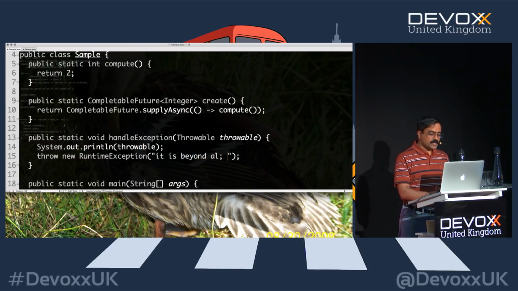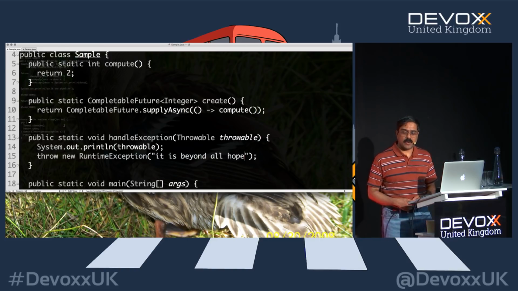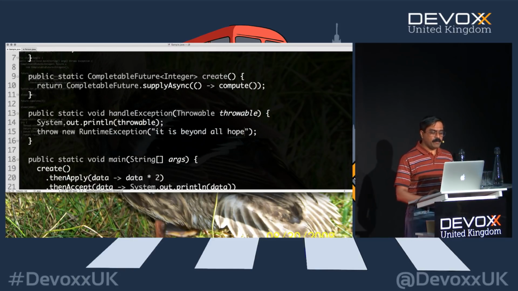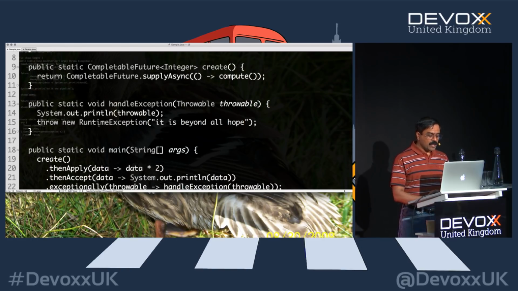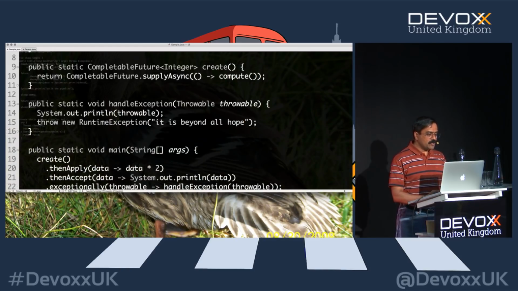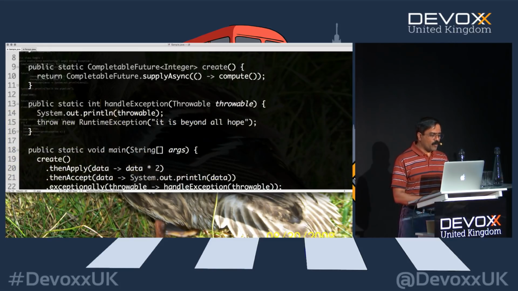Beyond all hope. So essentially, we're going to just blow up at this point with the exception and say, I'm going to throw this out as an exception. We'll see why that's being done here in a little bit. That's what this is going to do, just blow up at this point, and we'll resolve the compiler errors if we get any. Well, right there, it says bad return type for the lambda. What are you going to return really? Okay, I'll say integer for now and see if it's happy with it. It says it wants a void. Fine, we'll give a void right now and run through it.